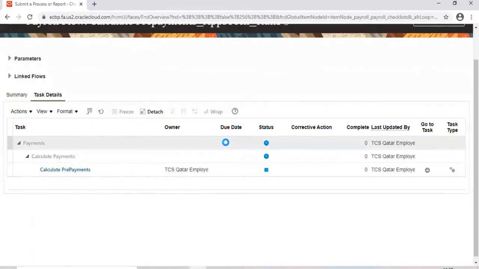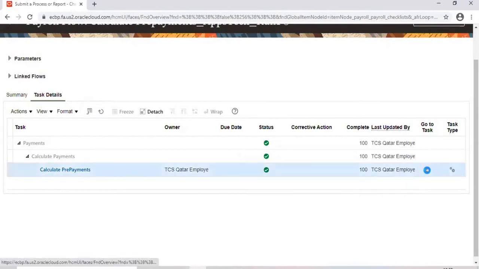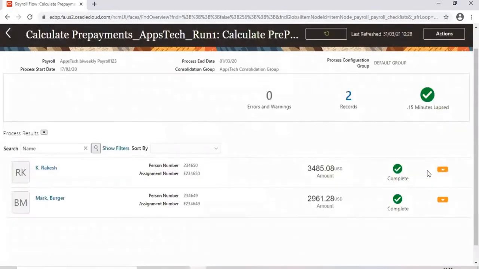Just refresh. Okay, it is done. Then go to task. Okay, two records. This is the amount that is processed for this employee and that employee, and